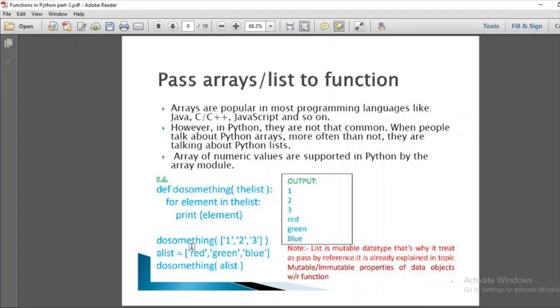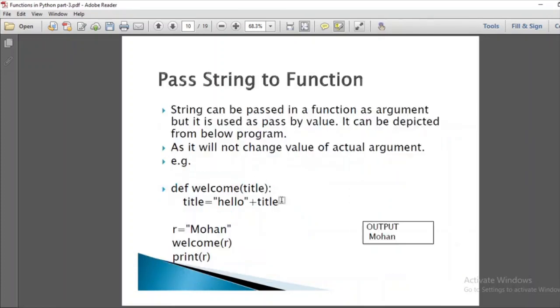We have a function do_something, and I have a list red, green and blue, which I pass as an argument to this function, and it will perform in a similar manner as before. Note that list is a mutable data type, that's why it is treated as pass by reference. We have already discussed why and how it behaves as pass by reference or pass by value.